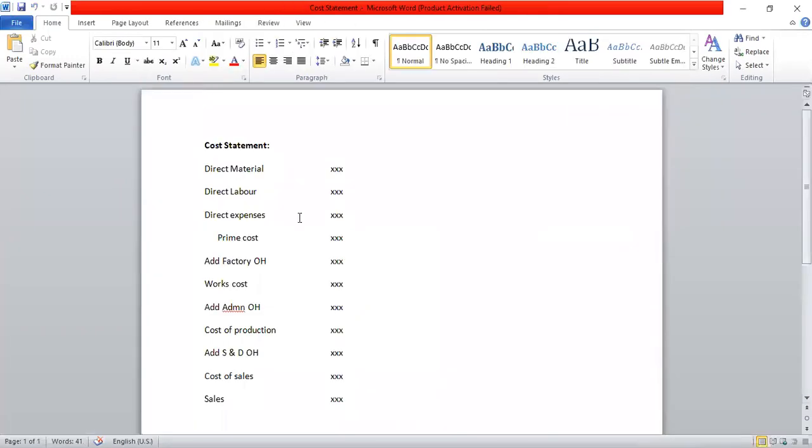And then comes the indirect costs. The way in which the indirect costs are accounted is not based on the elements of cost, but now it takes into account the functions of the business. So the criteria would now move to the functions of business: production, administration, selling and distribution. These are the functions of business. So focusing on the functions of business, what are the overhead costs which are incurred? That would be